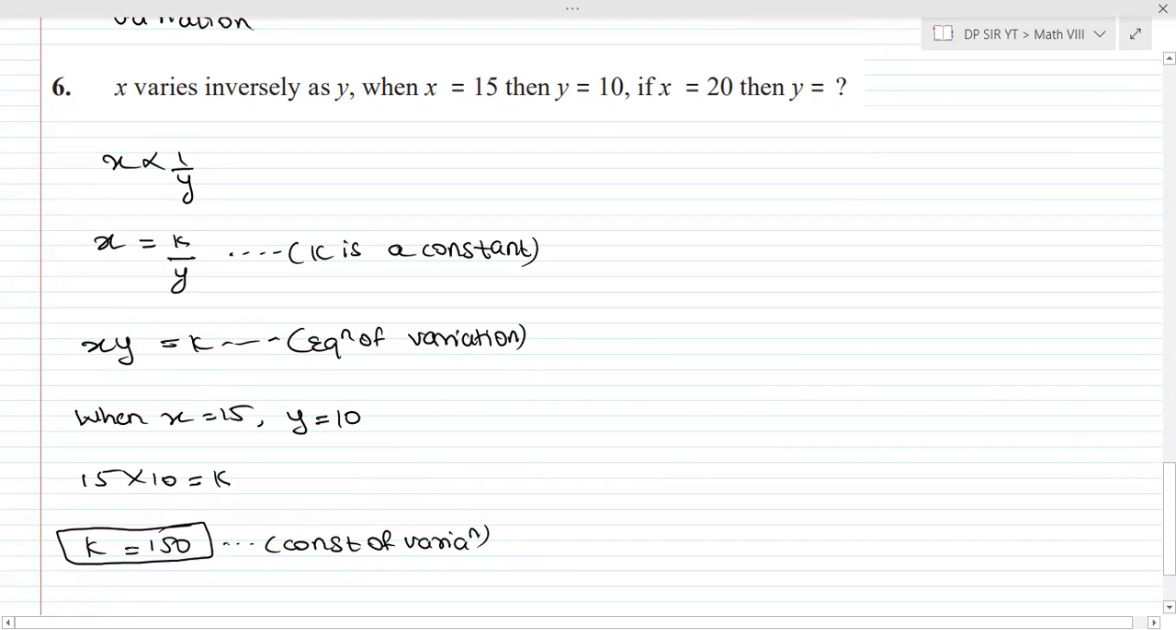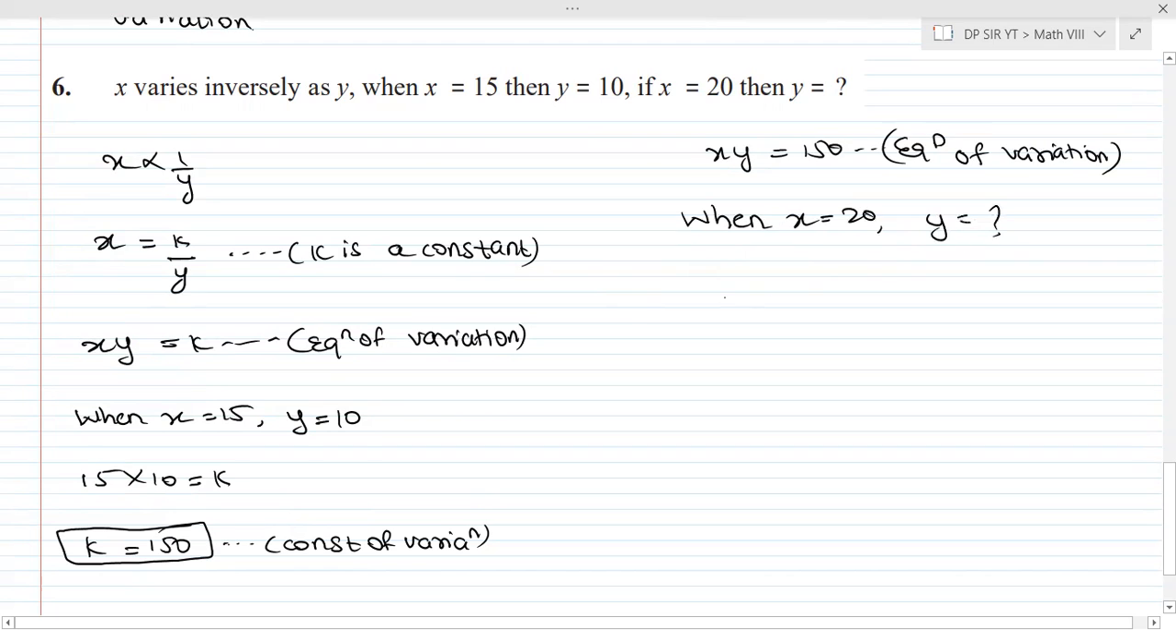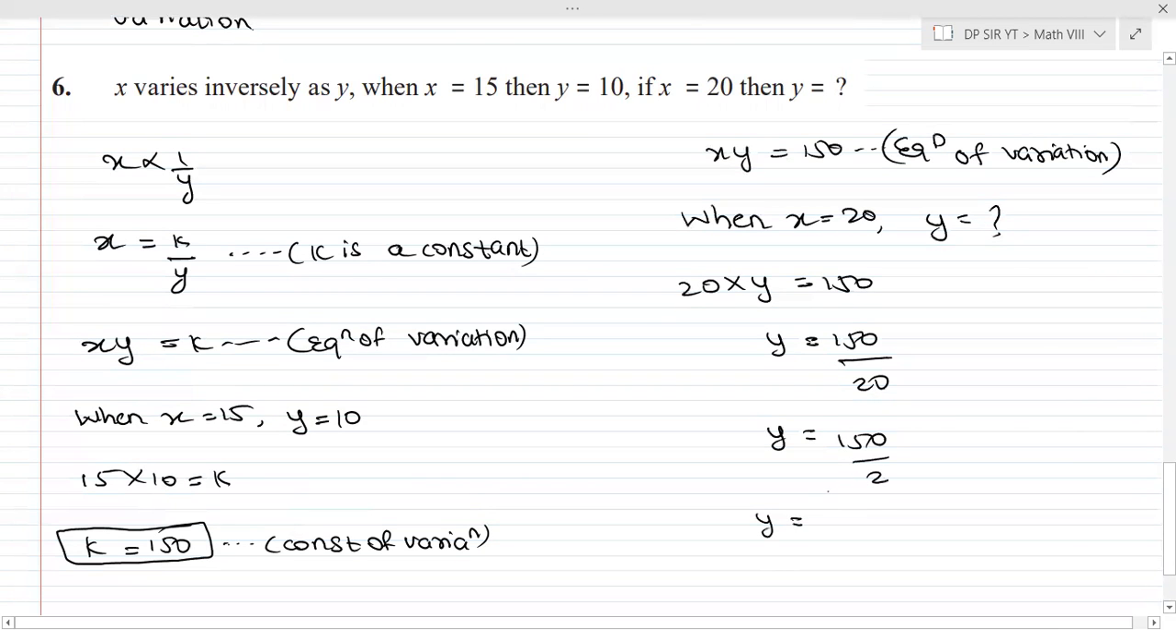Okay. Now equation of variation. So for equation of variation, xy is equal to 150. This is my equation of variation. Now we will substitute case wise. When x is equal to 20, what will be the value of y? So therefore 20 into y is equal to 150. So y is equal to 150 upon 20. Y is equal to 150 upon 2. Y is equal to